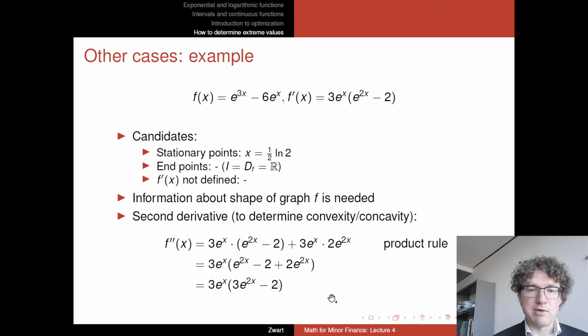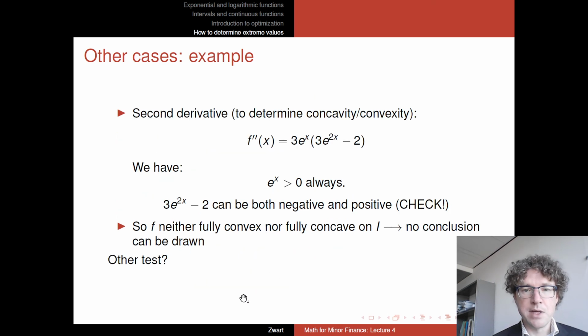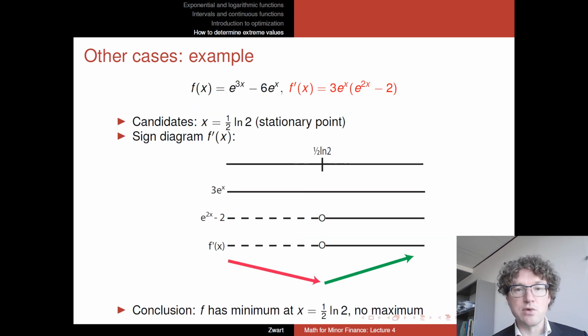So the first tool that we looked at was, let's figure out the second derivative of this function. Perhaps that's going to help. We figured out the second derivative, but we also found that it is sometimes negative and sometimes positive. So in particular, this function is not convex and is not concave either. So we cannot use this rule to draw any conclusions. But fortunately we had this other test, which was this sign change. In order to check that, we looked again at the derivative of f, and we figured out, does this derivative actually have a single sign change? So we look at the sign diagram of that derivative, the red bit over here,